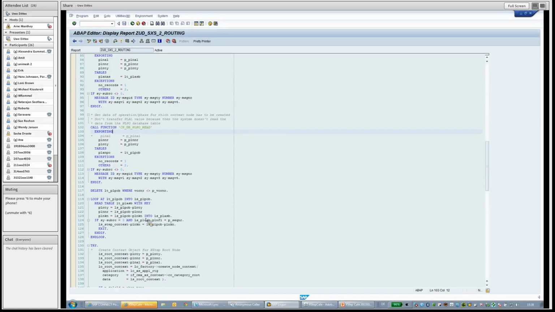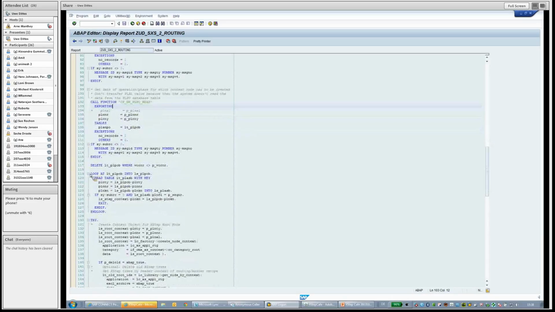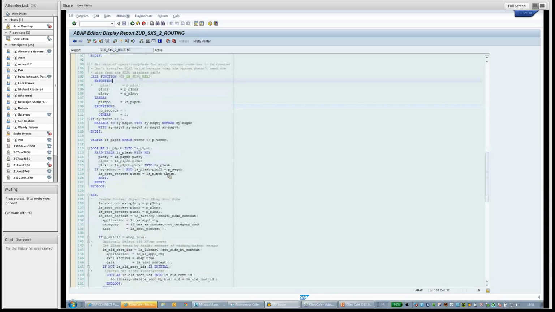And here I just checked the little, let's say, part of coding to which sequence this node belongs to. So the node, the operation of the routing. So if I found it, and I just also have the sequence number that I filled into, then I got also the proper